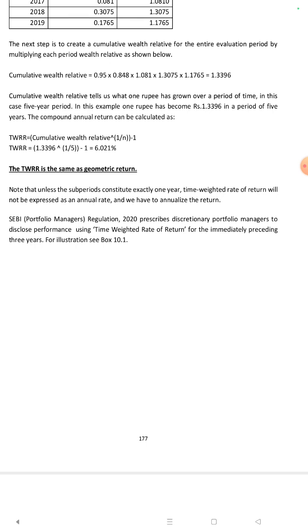Note that unless the sub-period constitutes exactly 1 year, time weighted rate of return will not be expressed as an annual rate, and we have to annualize the return. SEBI Portfolio Manager Regulation 2020 prescribes discretionary portfolio managers to disclose performance using time weighted rate of return for the immediately preceding 3 years. For the illustration,